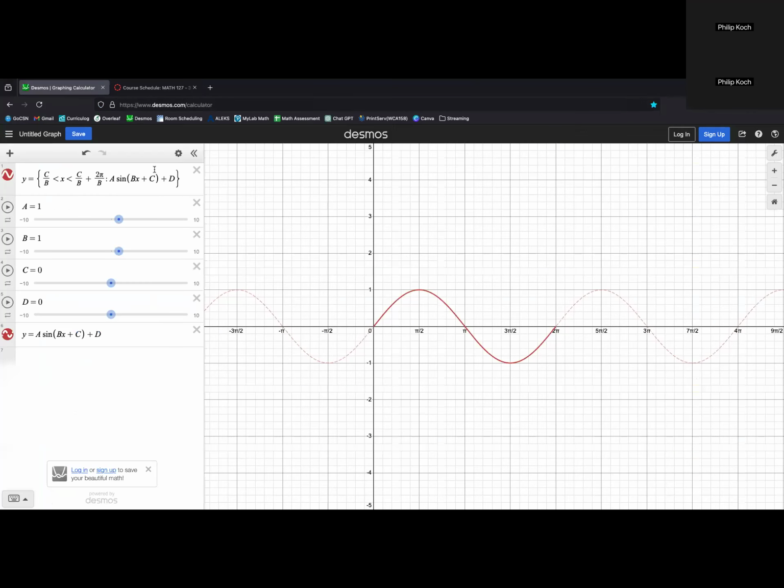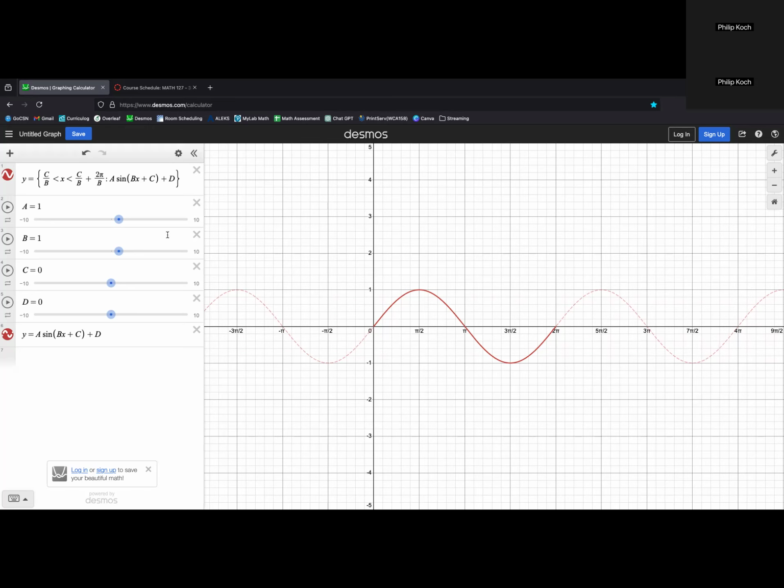I've got this. If you haven't used Desmos before, it's an awesome thing. It's beautiful. If you look at this picture that I've done, the solid red is 1 period. You can use this to verify your answers when you're going through your homework. If you want to make sure you get them right, you can use this setup. It's made with a bunch of different sliders so you can figure it out for any situation. The dotted line is just showing this function will continue on and on forever, but we're only really interested in 1 period.